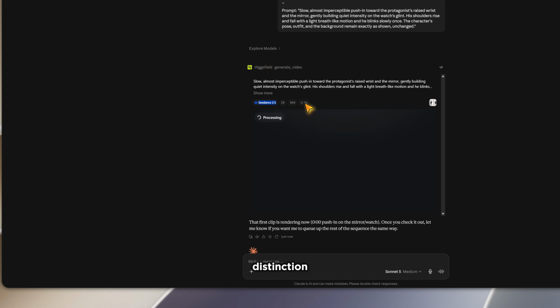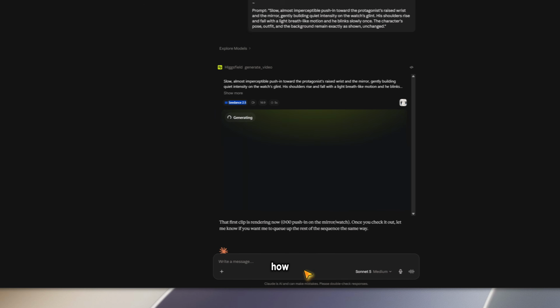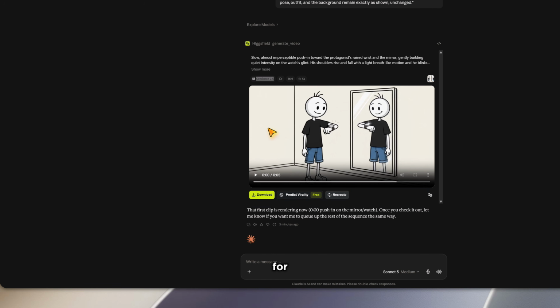And this distinction is important. We are not asking the model to redesign the scene. The image is the visual source of truth. The motion prompt only tells the model how that existing scene should move. For this first shot,